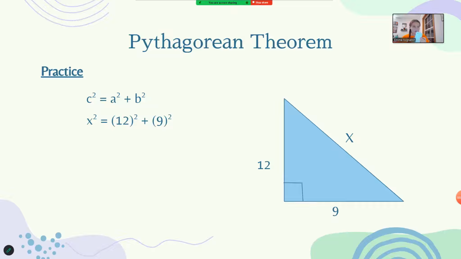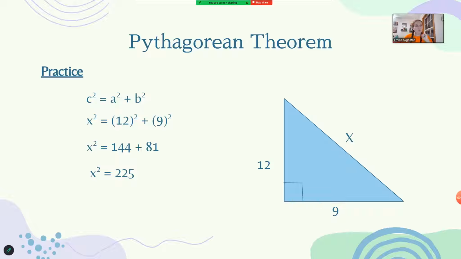Now what we have to do is get your calculator. x squared we can't solve yet, so we leave that the exact same. Then we do 12 to the power of 2, which is 144. And then we do 9 to the power of 2, which is 81. So this is what our equation looks like now. Now what we do is 144 plus 81, and that gets us to